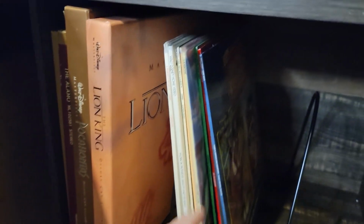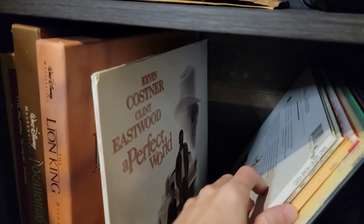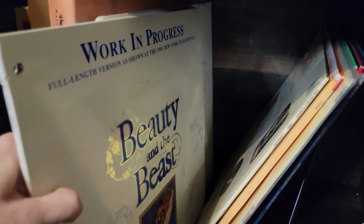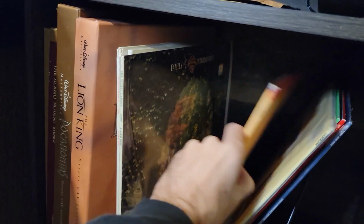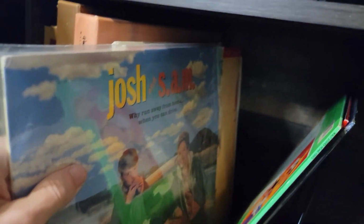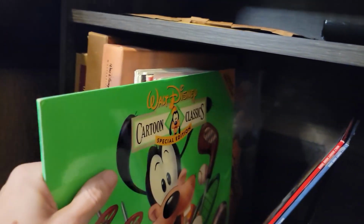And just for starring movies here, I've got this. This is A Perfect World from Clint Eastwood and Kevin Costner. A work in progress version of Beauty and the Beast. And this is The Secret Garden. This is Hook. Josh and Sam. And this is a bunch of